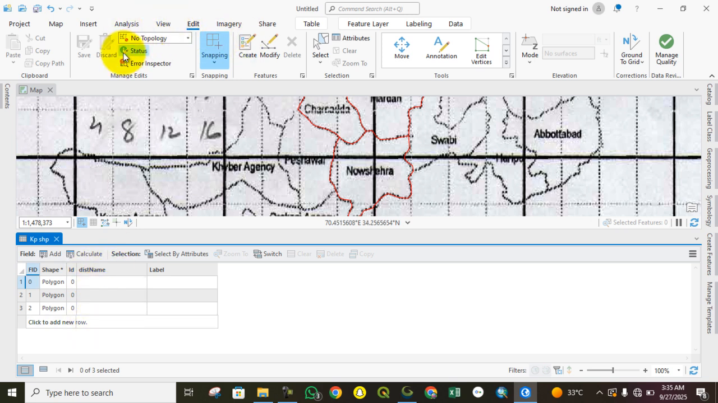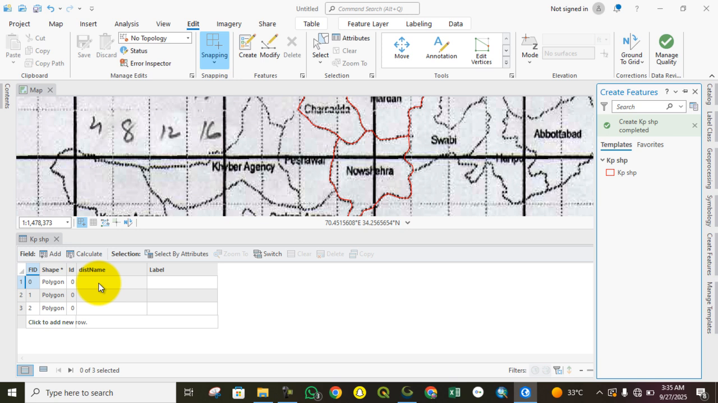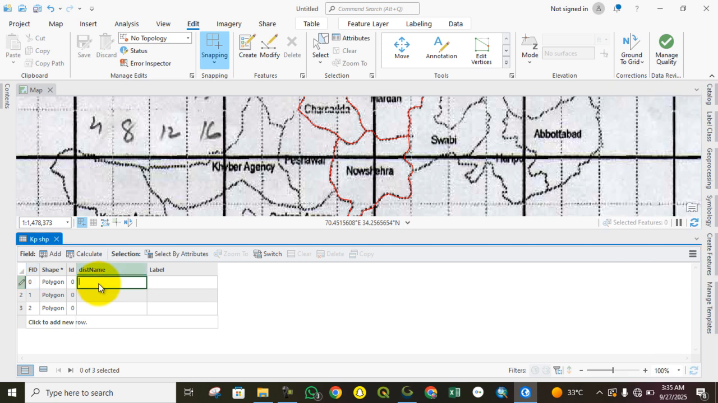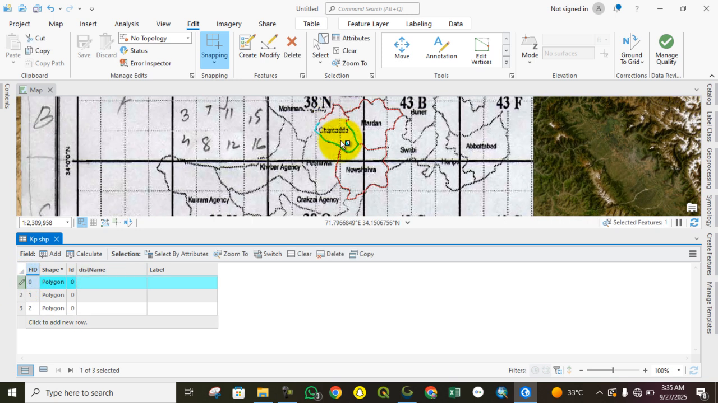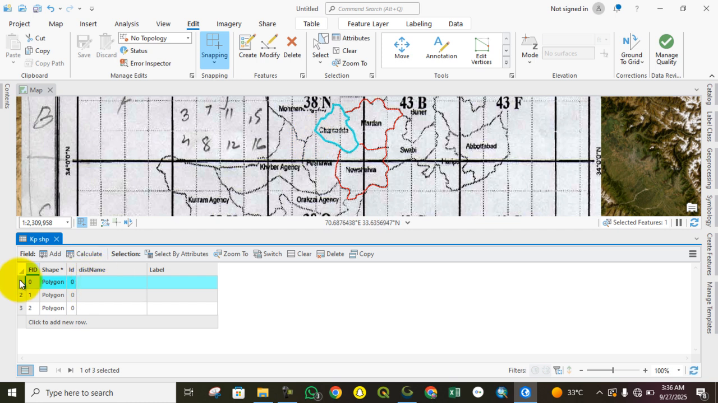Now go to editing and start the editing, and add the names of the districts by selecting here. We can see that here our boundary is selected, so select this boundary and give a name to the boundary. Now select another one,